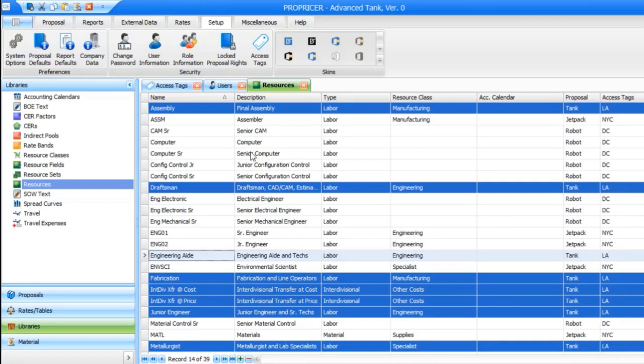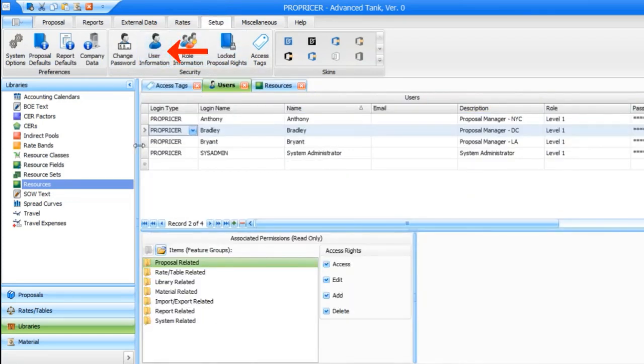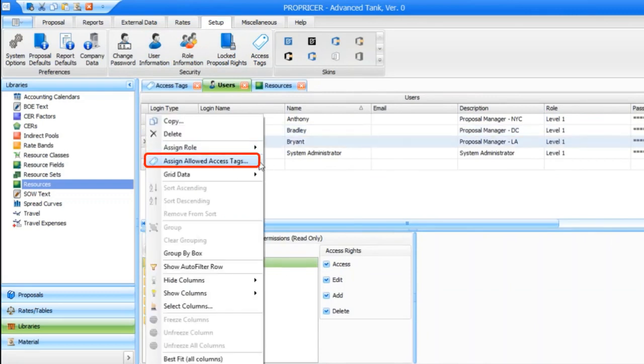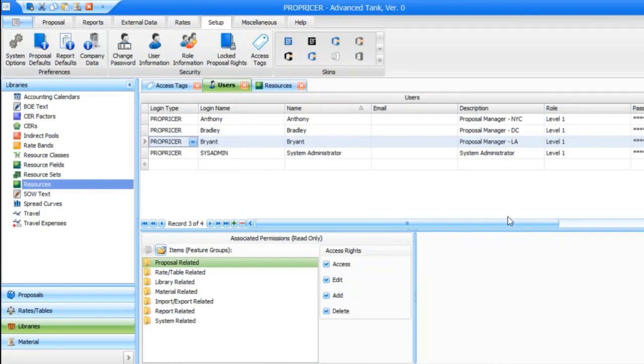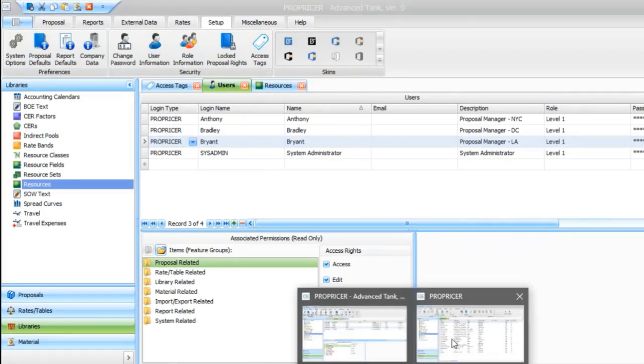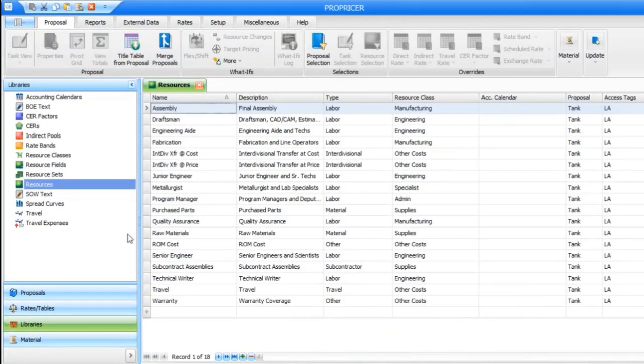This can be done by going to the Setup ribbon at the top of the screen and clicking the User Information button. From here, right-click the user you want to assign an access tag to and click Assign Allowed Access Tags. Again, I need to move LA from left to right, then click OK. Now, if I switch back over to Bryant, I will only be able to see the resources associated to the